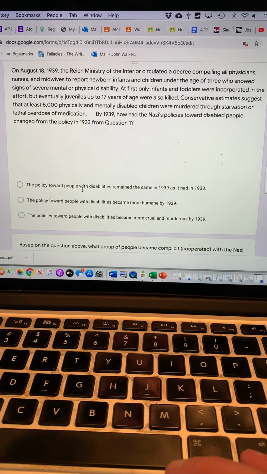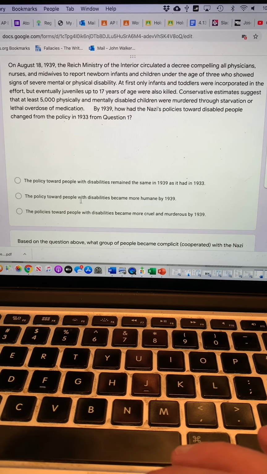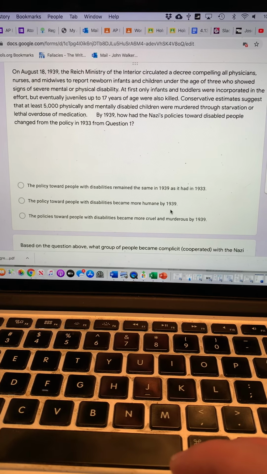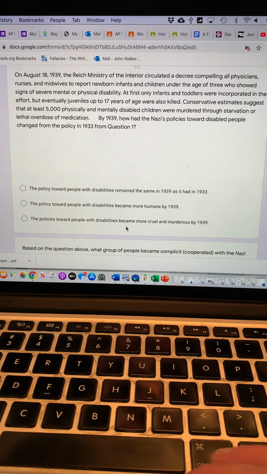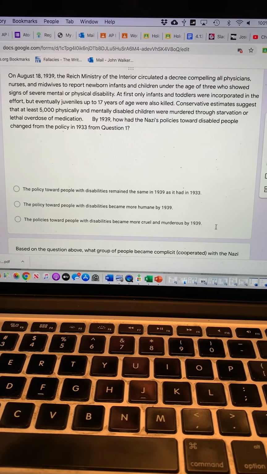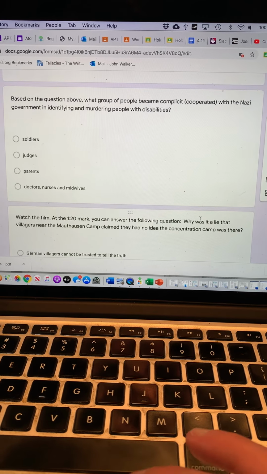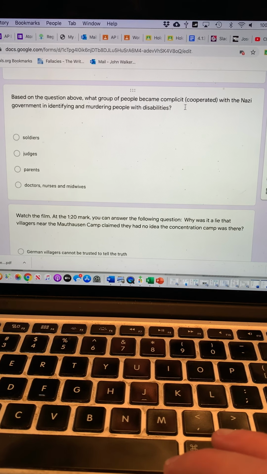And so has the policy toward disabled people remained the same? Did it become more humane? Or did the policies toward people with disabilities become more cruel and murderous? Okay, that's question 2. Question 3, based on the question above, what group of people became complicit or cooperated with